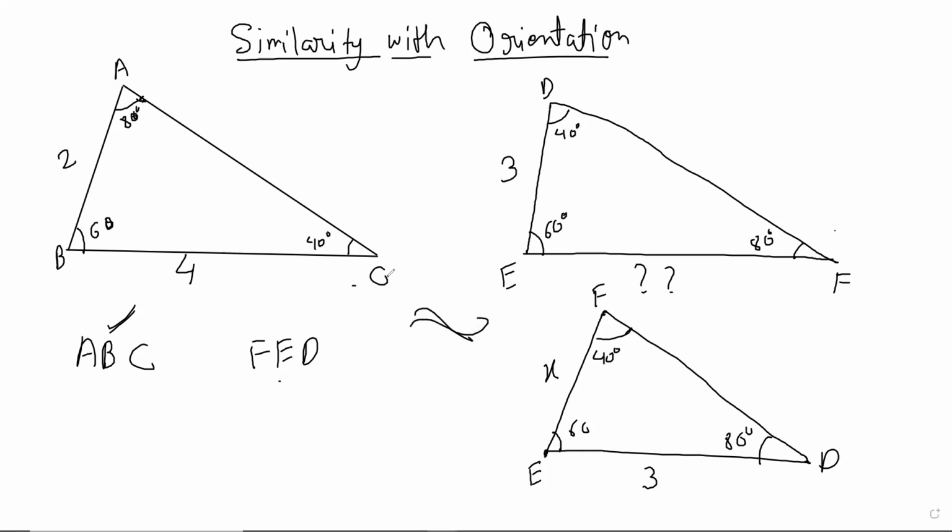These two are similar because the angles are, oh God, what have I done? Have I made a mistake? This F is, wait a minute. F was 80, right? Yeah. Okay, so I have not written it wrong. F was 80 and this is 40. Sorry. Is it okay now? I've just kind of rotated the triangle. Okay, now you see this is 80, this is 80, this is 60, 60 side by side, so everything is good. This is 40, this is 40. Now everything is good. You can safely go about your work, right?